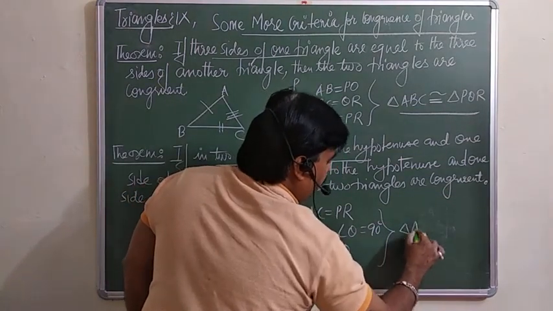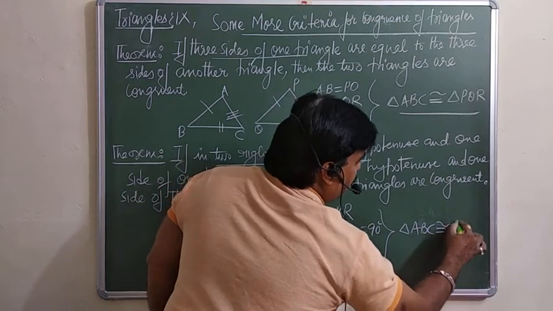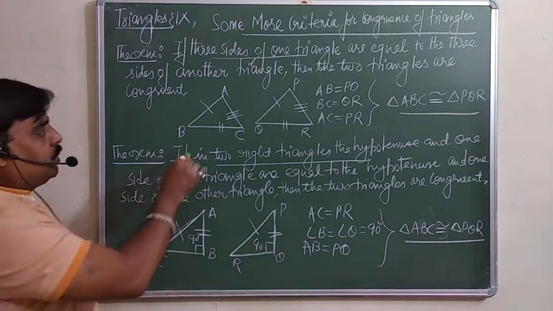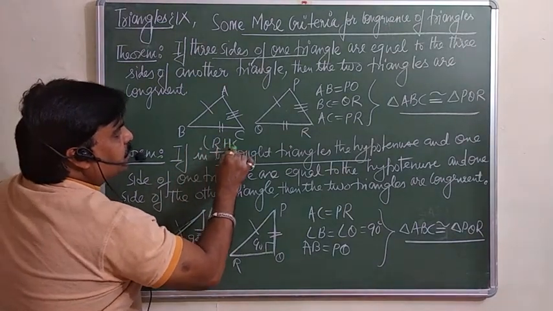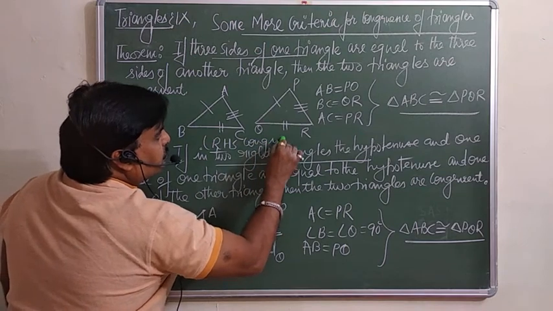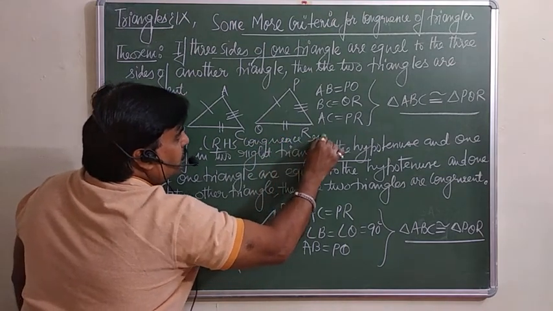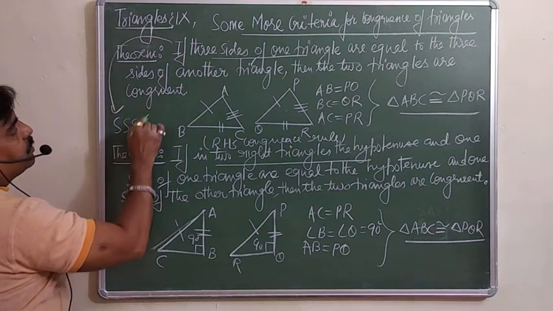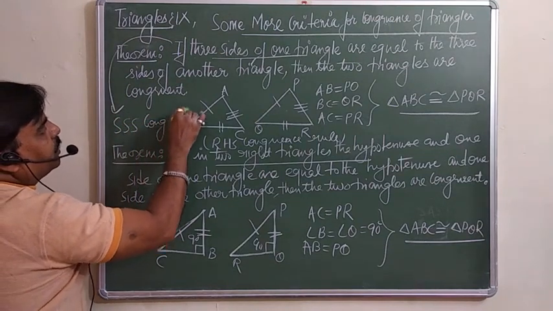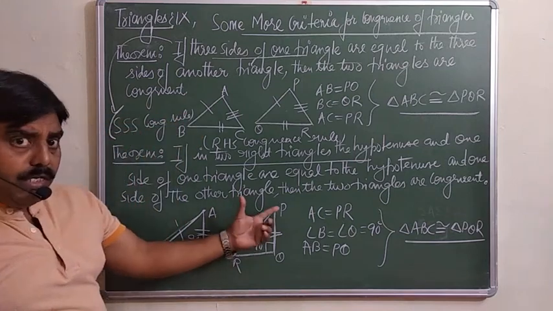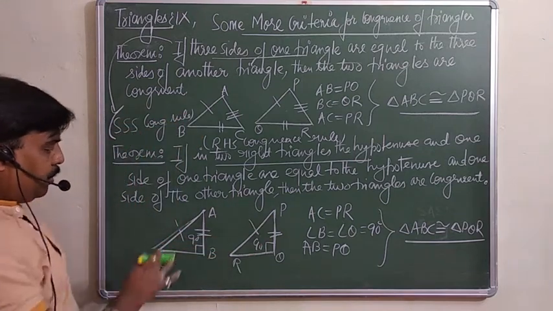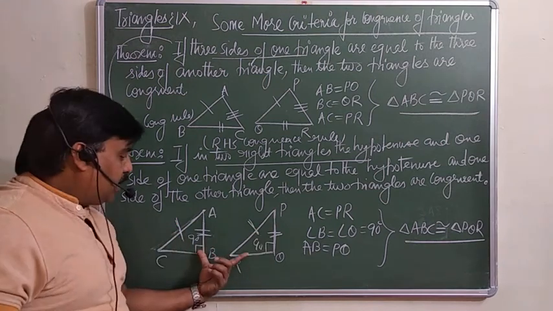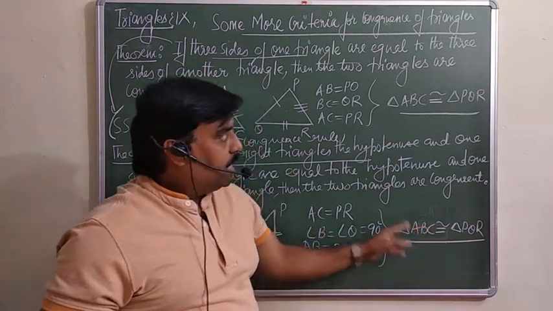We can say triangle ABC is congruent to triangle PQR. This is known as the RHS congruence rule, and the earlier one is the triple S congruence rule, in short. So in any two right angle triangles, the hypotenuses must be equal, remember, along with one of the sides and one angle of 90, then you can declare both the triangles congruent.